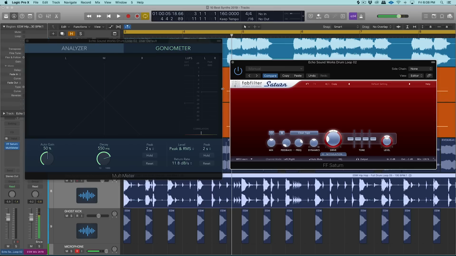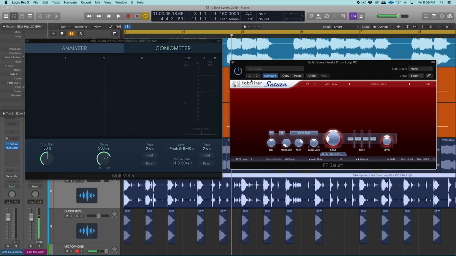All right, so I've pulled up two plugins. I like doing this method with these two types of plugins. Some type of metering plugin, which is over here on the left, so I can see peak volume in dB as well as RMS or LUFS. What I ultimately want to do, in the best case scenario, is reduce the peak volume but actually increase my RMS. This will play into that whole idea where the limiter and the compressor later on in the mixing stage have to work a lot less, and we can focus our limiting and compression on actually getting a louder track and not having to squash